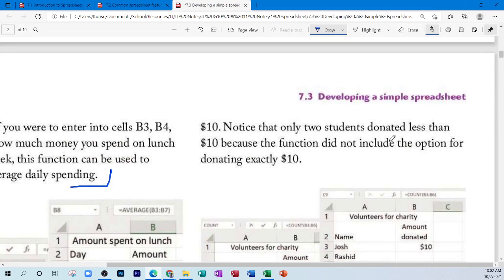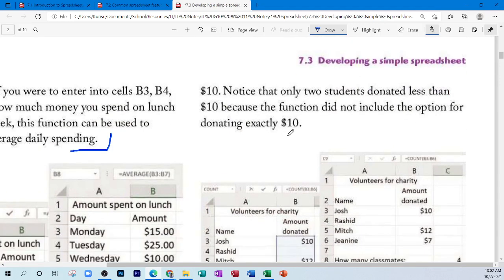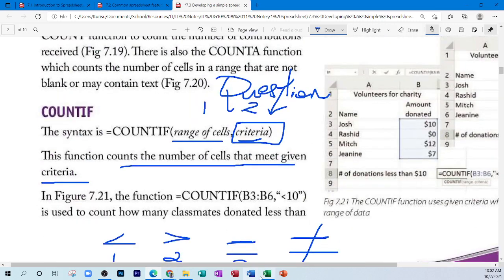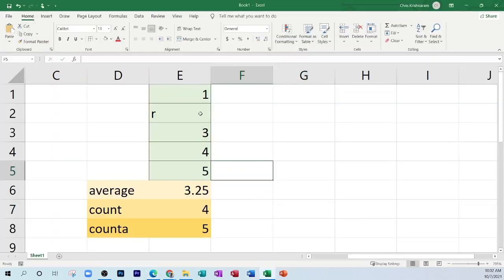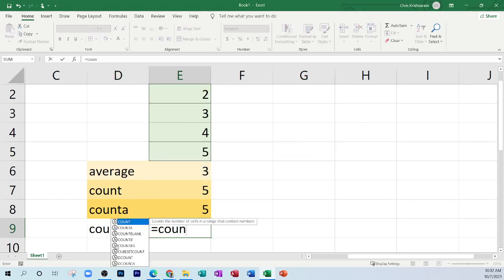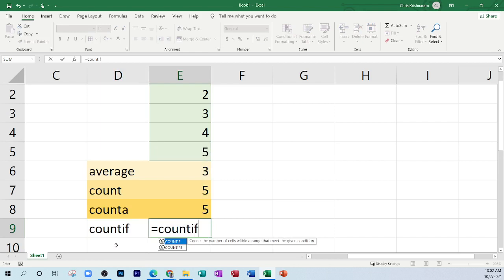Notice that only 2 students donated less than $10 because the function did not include the option of donating exactly 10. So let's look at an example. Let me put back 2 there. We're going to look at COUNTIF. So equal COUNTIF,